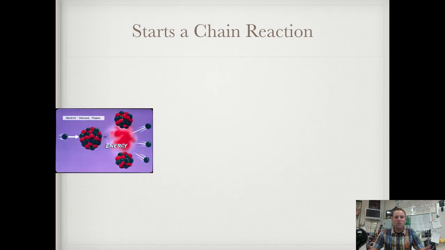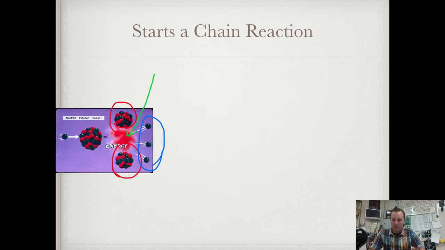So along comes a neutron, which is rammed into a large unstable nucleus, and that splits into three things. I always ask this question on every test: what are the three products of fission? They are two new nuclei, here's your two new nuclei, three new neutrons, here's your three neutrons, and a whole bunch of energy, heat energy.